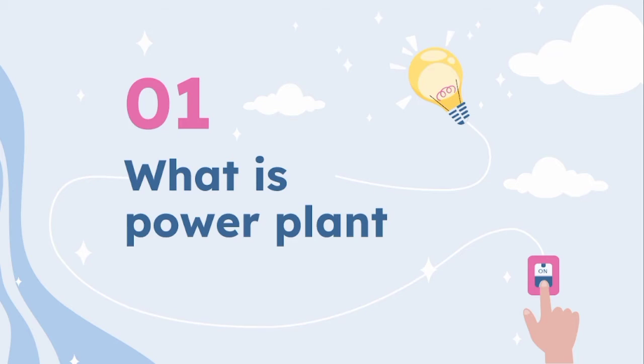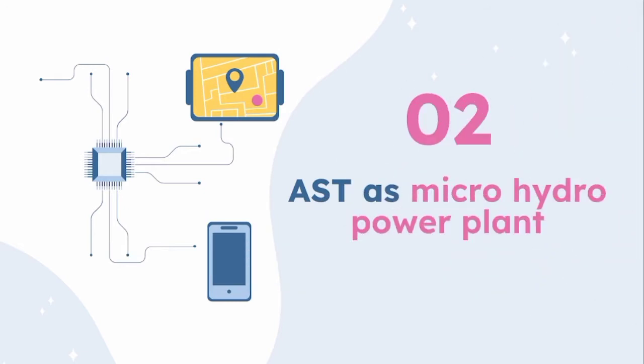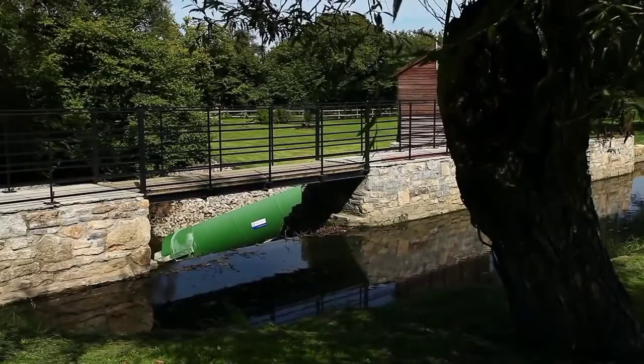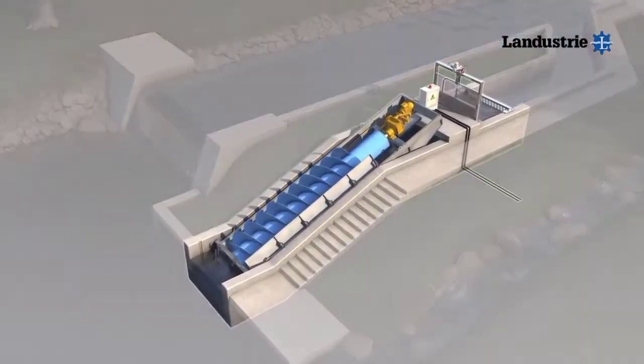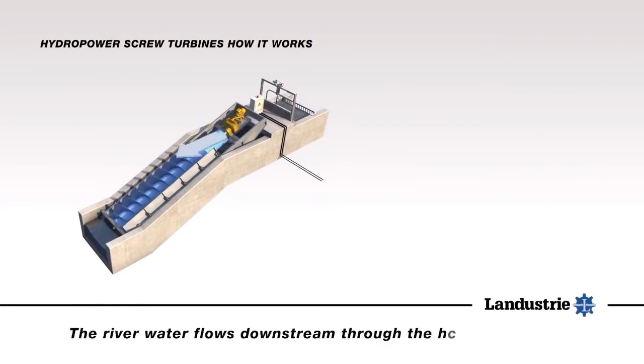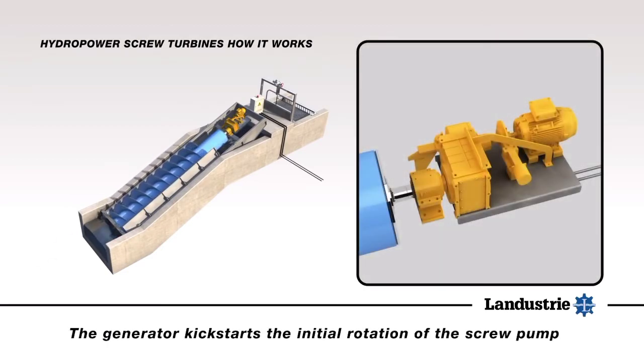So let's go to section 2. ASTs, Archimedes screw turbines, are a new form of small hydroelectric power that can be applied even in low head sites. ASTs offer a clean and renewable source of energy and are safer to wildlife and especially fish than other hydro generation options. As with any energy solution, ASTs are not a global solution for all situations. However, in terms of sustainable development, ASTs can offer many economic, social, and environmental advantages that make them an important option for providing sustainable hydropower development.